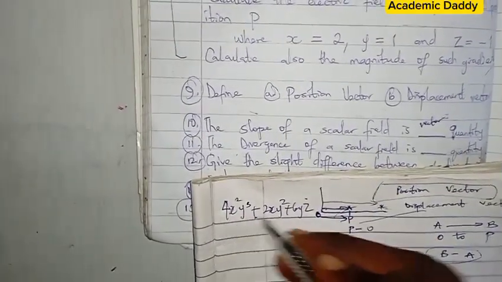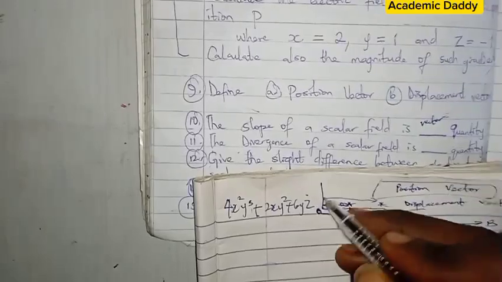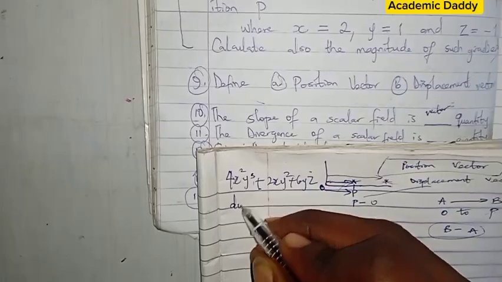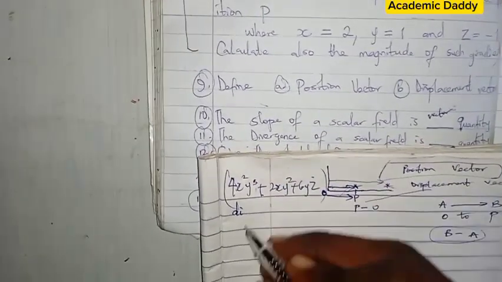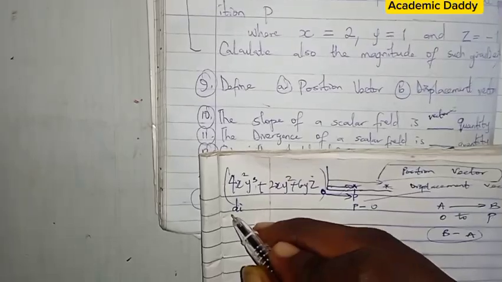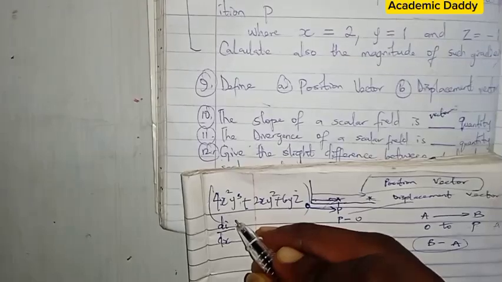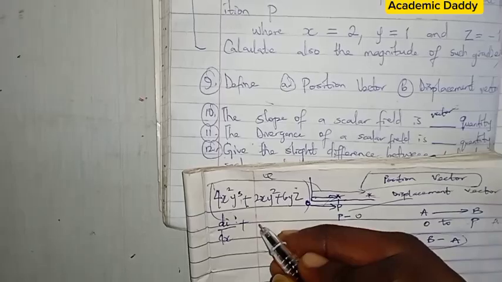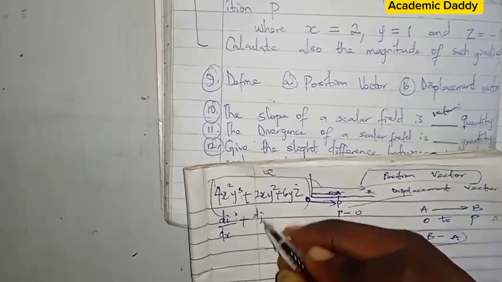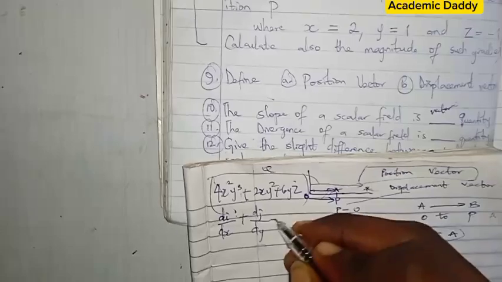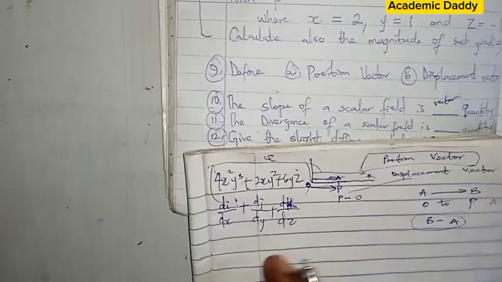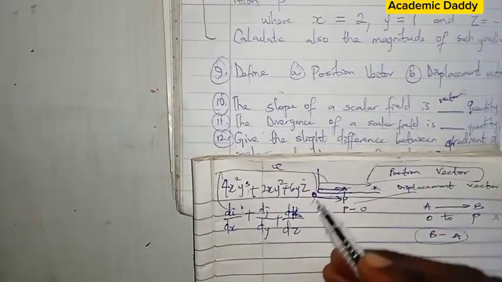Notice that in all of these, there's nothing like i, j, k given to you in this question. But when you want to differentiate it, you differentiate first with respect to x, i. You consider everything here for i. But when you are differentiating, you just differentiate with respect to x. Let's say I call everything here Q. Then plus, let's say I now call everything here for j, when I'm considering this with respect to y, then plus the z, the k with respect to the z. So the slope of a scalar field is a vector because by the time you put this thing now,